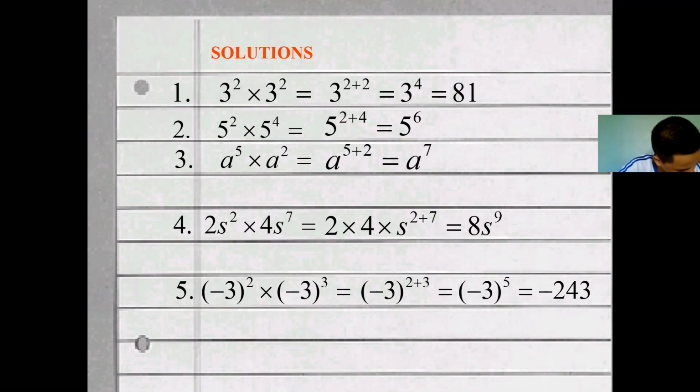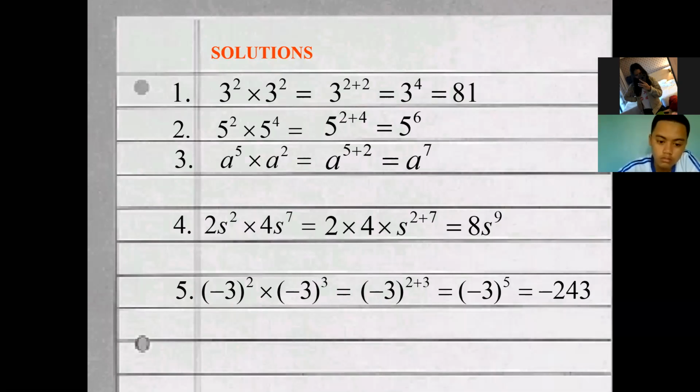Asia. Do we have an answer in number 6? Wala ring audio si Asia, no? Si Kint na lang tanungin ko kasi, ayun, Sir, the meron ng question audio. Again, sir. What is the answer for number 6? This is the question. S to the power of 2 times t to the power of 4 multiplied by s to the power of 7 times t to the power of 3.